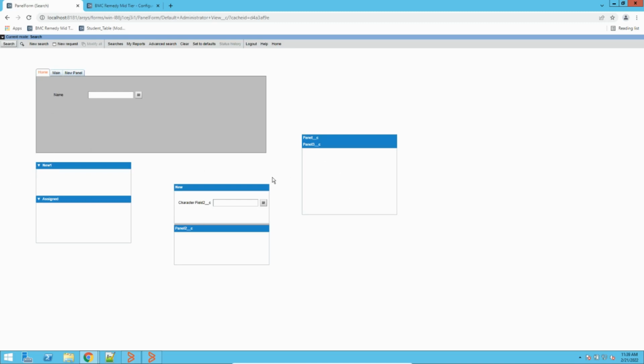It helps us to segregate different sections of information. Suppose you want to capture the personal details of a person, his professional details, or any other information which is a subset, and you want to put it on a single form and segregate it so that the customer understands exactly what he has to provide. Then these panels come into the picture, we use them and we get the information from the customer. So this is how panels are basically used.